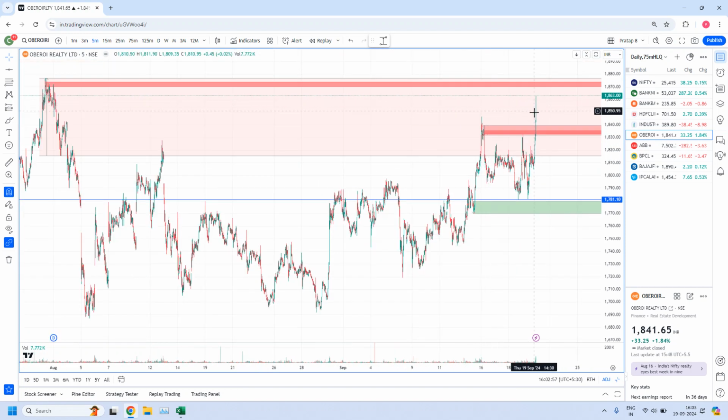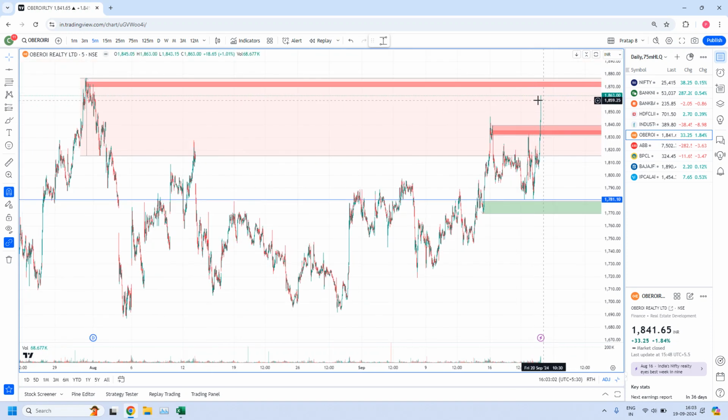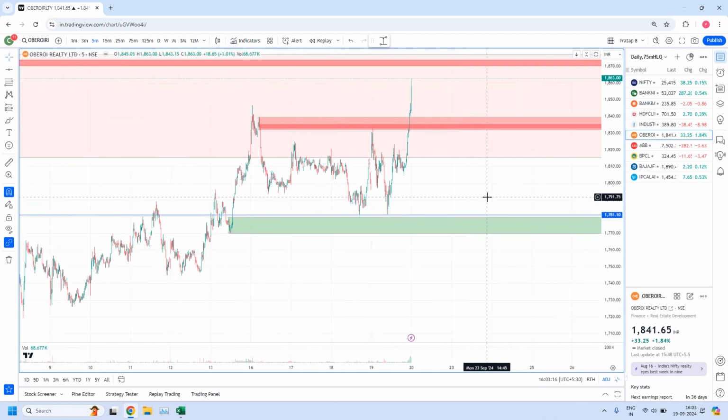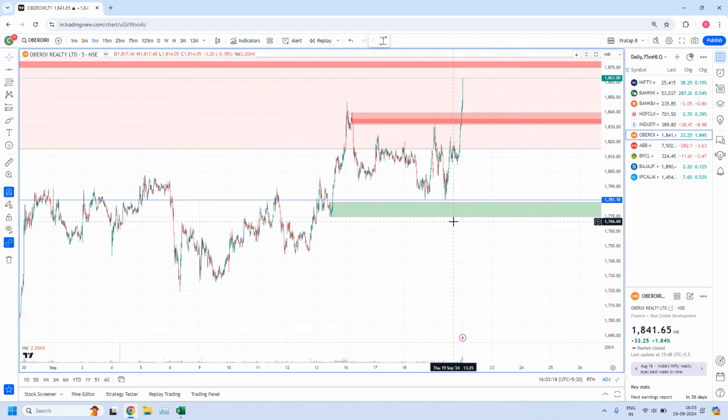And almost at closing hours they came very near, but after that the market is closed. Anyway, if earlier the prices would have reached this zone, we would have planned another trade. So that's why we have drawn this. I have drawn this zone. And the next one is